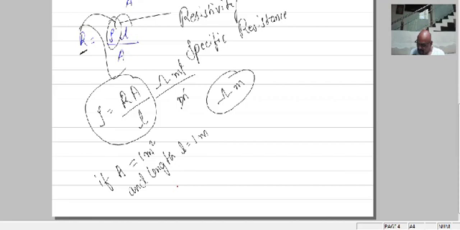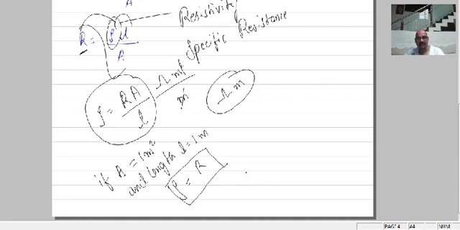Now what happens? Area is 1 meter square, length is equal to 1 meter, therefore rho is equal to R, because area is 1 meter square and length is 1. So rho is equal to R. How do you understand this? That means how do you define resistivity? Resistivity is numerically equal to resistance of the conductor of unit length and unit cross sectional area. Why unit length? L is 1. Why unit cross section? A is 1. That is how you define resistivity.